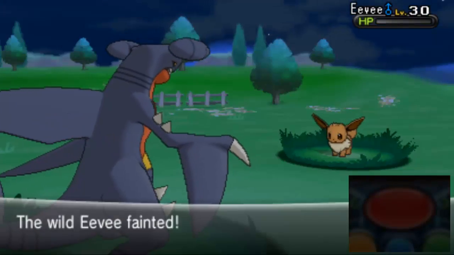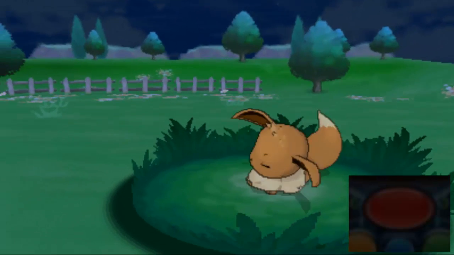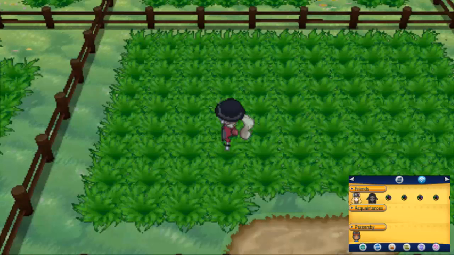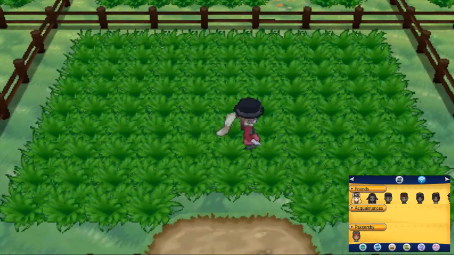Obviously, the higher level the Pokemon is with pickup, the better the items you'll pick up. Because like I said, at level 91 to 100, you'll be picking up Revives, Rare Candy, Sunstone, Moonstone, Heart Scale, Full Restore, Max Revive, PP up, I think that's Max Elixir, Leftovers, and a Prism Scale, which is for Phoebus